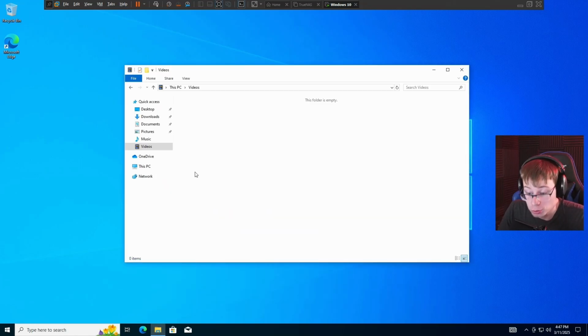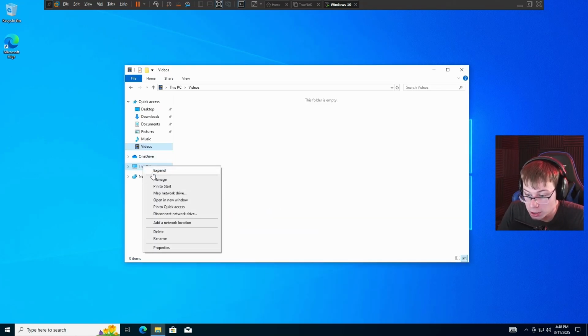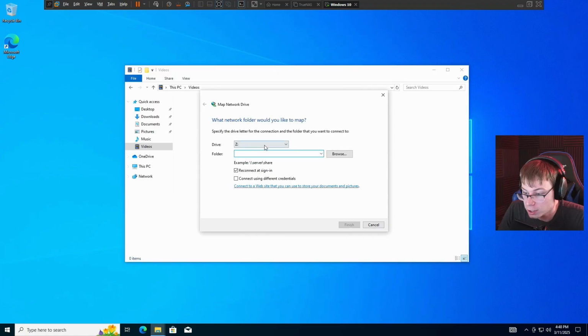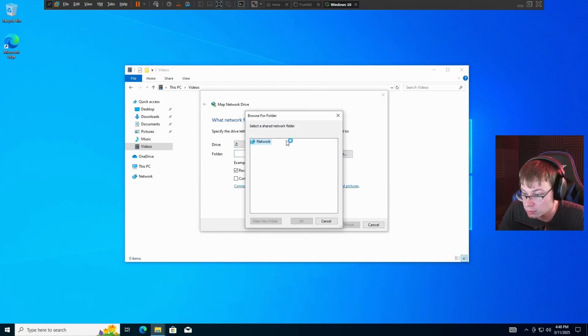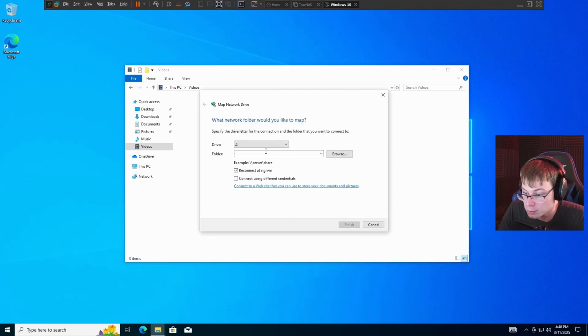And then if you want to connect to that network drive, all you have to do is click on this PC, go to map network drive, select the drive letter. Sometimes it lets you just browse for a folder. In my case, it's not going to let me. And that